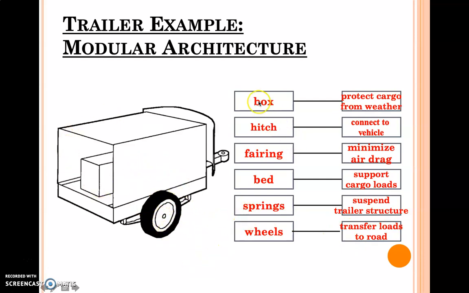So one part of the trailer does only one work or one function. One function, one part; one function, one part. This kind of system is called modular architecture. Another example of modular architecture is your modular kitchen, where you place your specified items at a specified place. Like the circular bowls will be placed at one place, they cannot be placed at the specified place of spoons, and a spoon should be placed at the place where it is specified. So that is also a modular architecture, your modular kitchen.